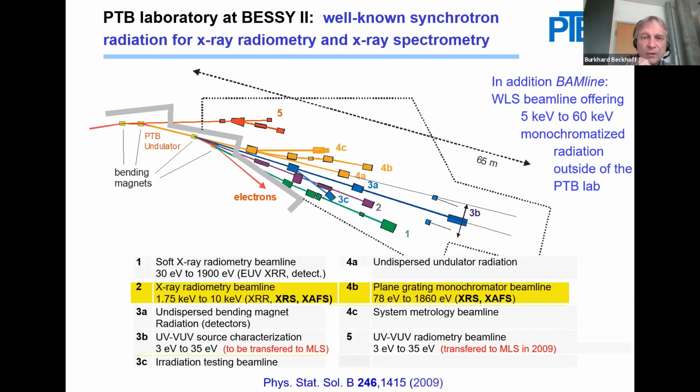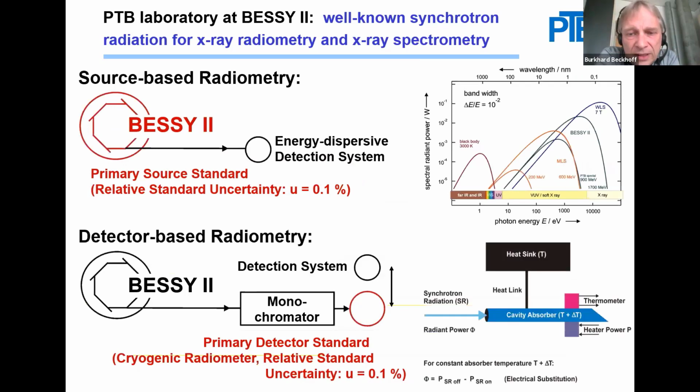So we have well-known radiation in the soft and hard X-ray range, and well-known means that these beamlines are optimized with respect to spectral purity, which means that more than 99% of the radiation that we can guide to a sample has the photon energy that we would like it to have from the pre-selection. And on the detection side,